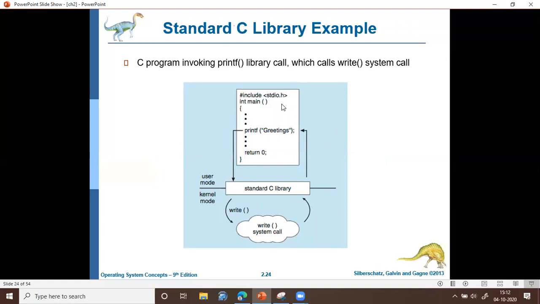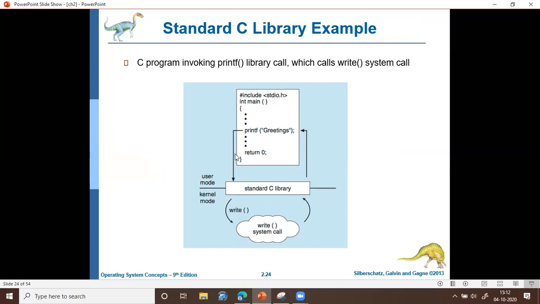And again, this diagram shows how a system call gets invoked through an API. Here there is a simple C program, and it uses the API printf. This printf is connected with the system call write, which is used to print something onto the screen or the standard output device. That is actually performed by the system call write.